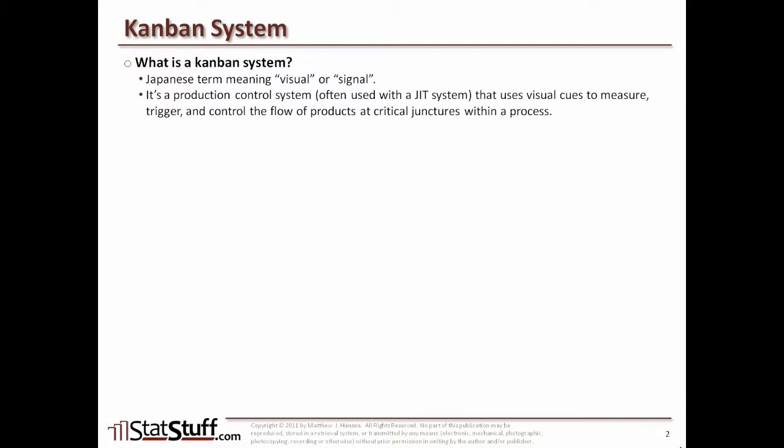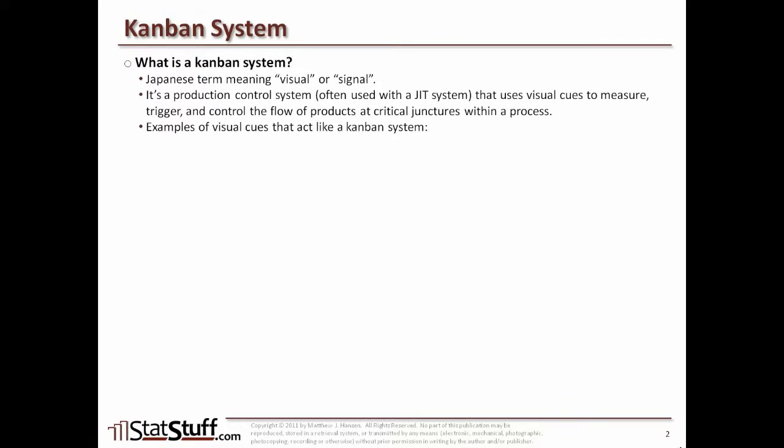So a Kanban system is basically a production control system, typically with a just-in-time inventory system, and it uses visual cues that are used to measure, trigger, or control the flow of items going through a process, especially at critical junctures within the process. So let's walk through a couple of examples that you might have seen in an